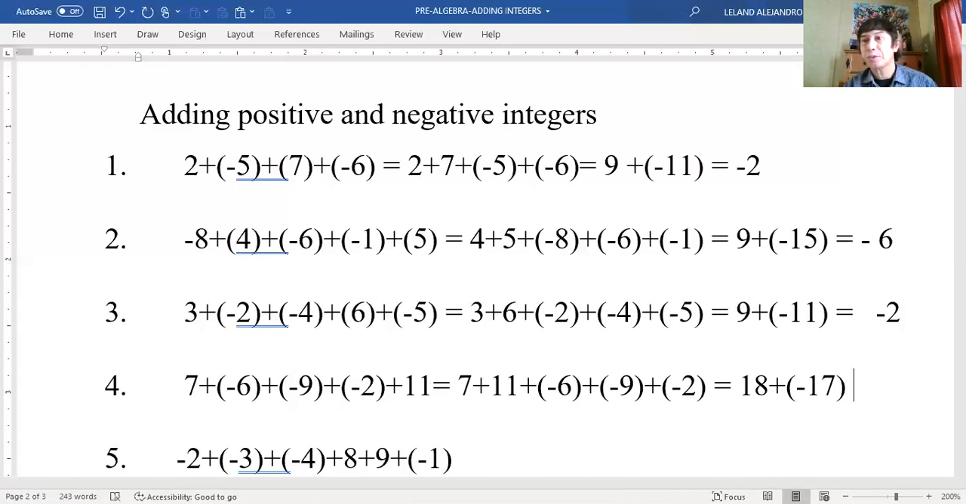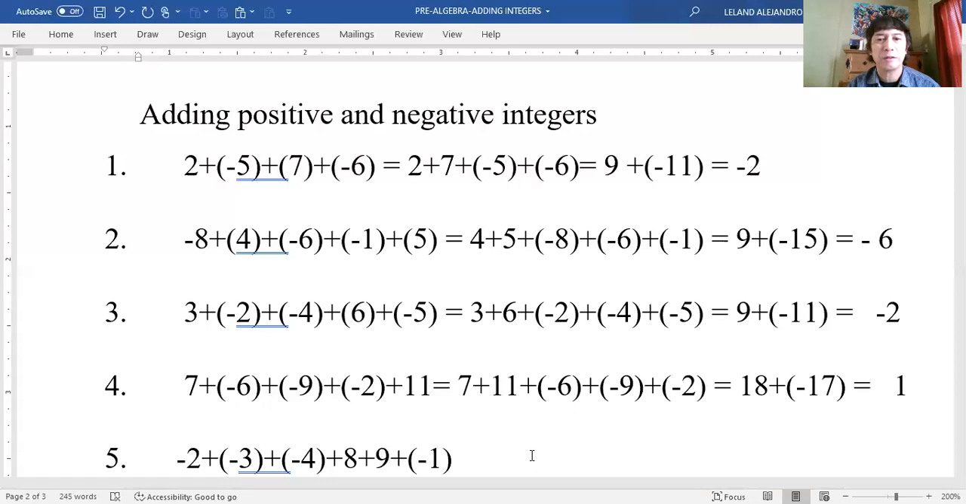Again, we have two groups. One is positive, one is negative. We will have a difference of 1, and the sign will be the sign of the greater. Which one is greater, 18 or 17? 18 is greater and 18 is positive. So this number 1 remains positive. That's the answer. And so we will now have to do number 5, the last number for our